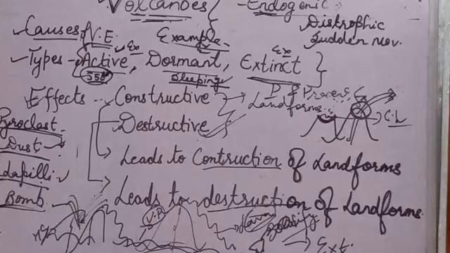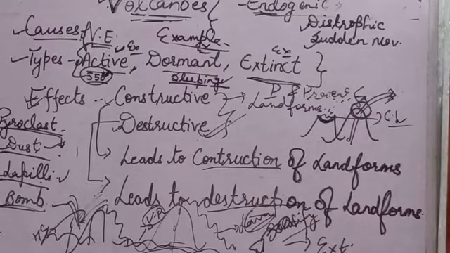Now, see some topics which I have covered in this chapter: causes of volcanic eruption, heat and pressure inside the earth, plate tectonics, magma chamber. Then products of volcano I have taught you: magma and lava, then solid matter. The structure of volcano I have not taught. Then the next topic is types of volcanoes: active, dormant and extinct volcanoes.